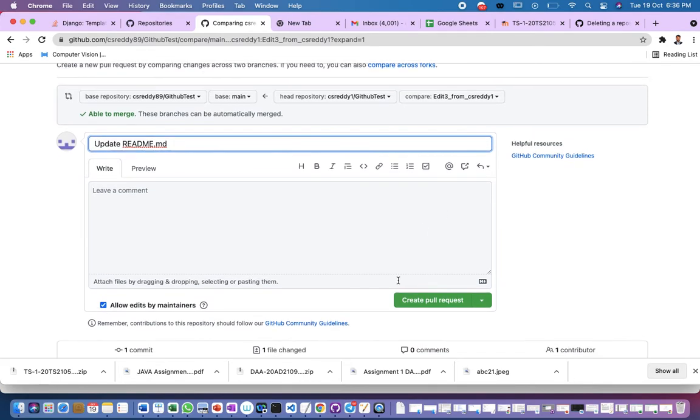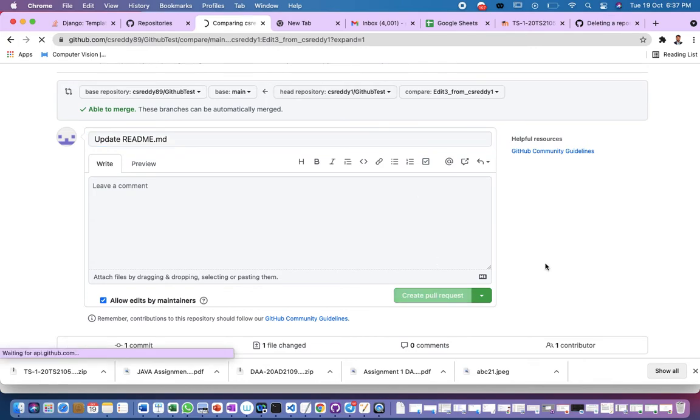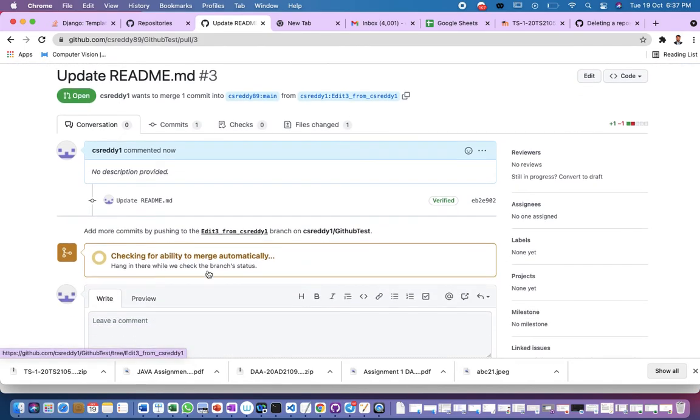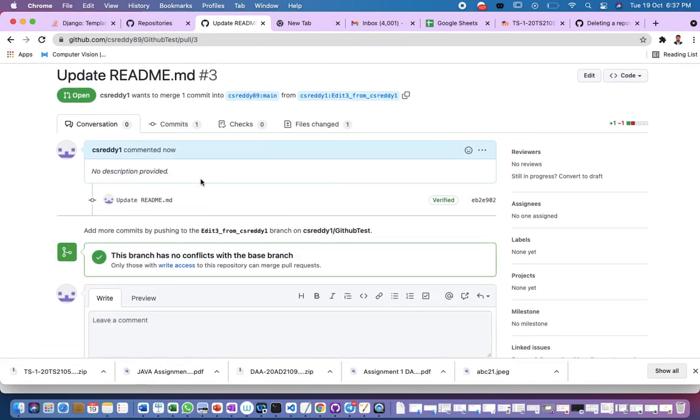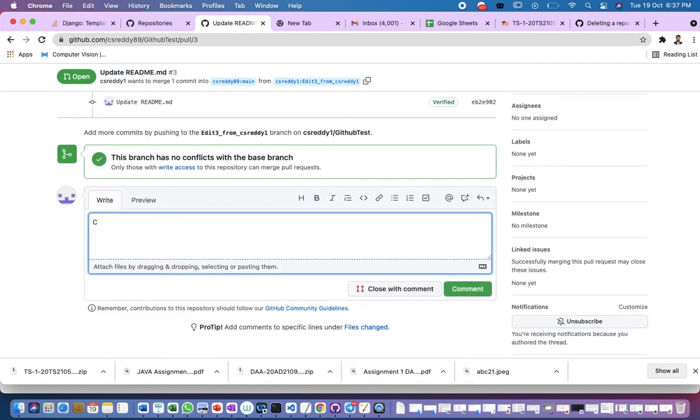Now I am creating a pull request from the CSReady1 account. As you can see here, not only can you create the pull request, you can also comment. So I can write, this is edit3 by CSReady1, something like this.